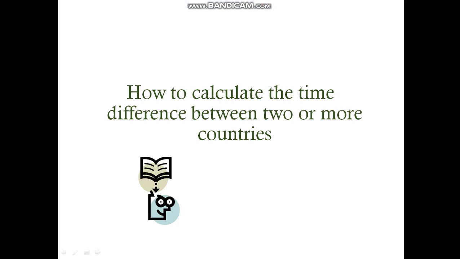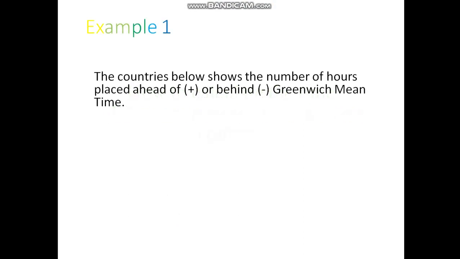So we're going to continue our work, and we're going to continue how to calculate the time difference between two or more countries. Example 1. The countries below show the number of hours placed ahead or behind the Greenwich time, and ahead is represented by a plus sign and behind is represented by a negative sign or minus sign. Canada -5 or 5 hours behind, Guyana -3 or 3 hours behind, Delhi positive 5.5 or 5.5 hours ahead of